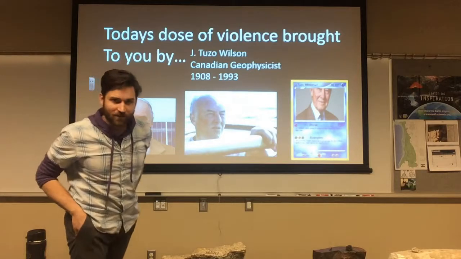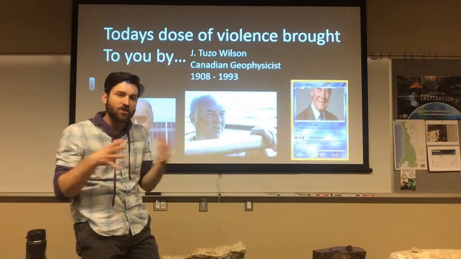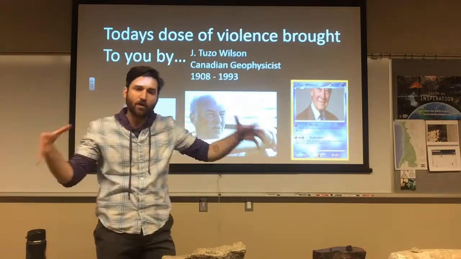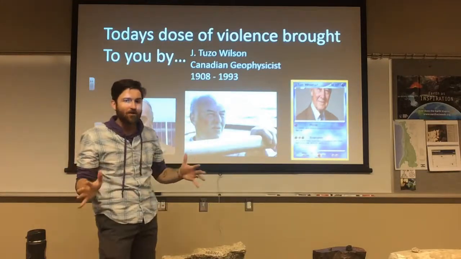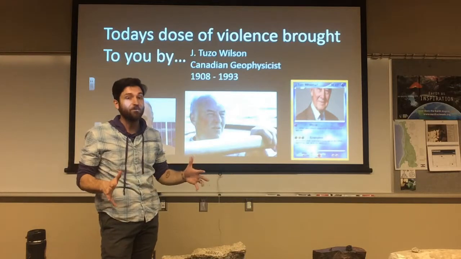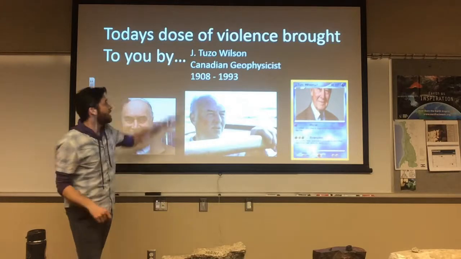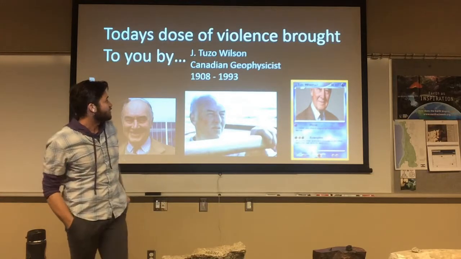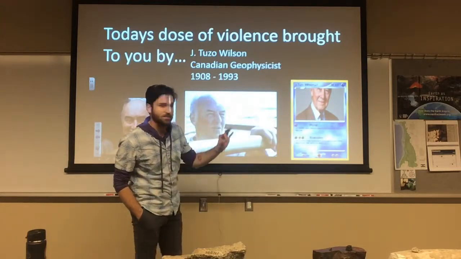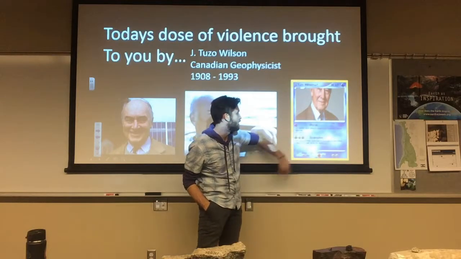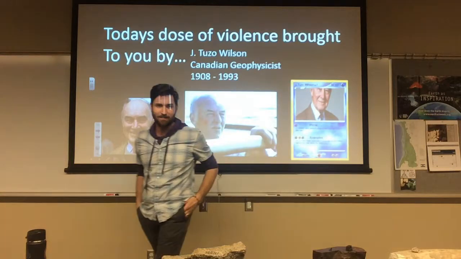today's dose of violence, all about accreting terranes and mountain collisions and orogenies, and then of course the supercontinent cycle of making multiple supercontinents through time. Though it might not sound all that violent, probably was, right, at different punctuated times with supervolcanoes in between. Brought to you today by Canadian geophysicist J. Tuzo Wilson, and a nice Pokemon player card with his great move, Prove. J.T. Wilson used Prove to show Alfred Wegener's theory was right.